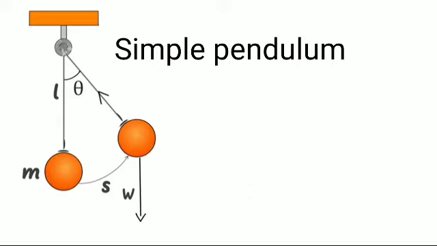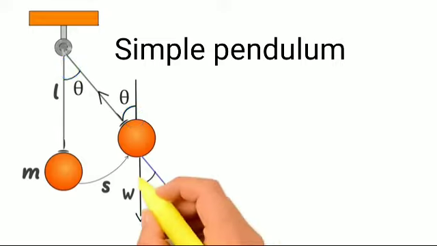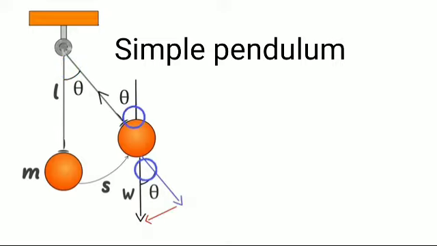Next topic is the simple pendulum. A pendulum is a mechanical system which exhibits periodic motion. It has a bob with mass m suspended by a long string and the other end is fixed on a stand. When a pendulum is displaced through a small displacement from its equilibrium position and released, the bob of the pendulum executes to and fro motion. Here L is the length of the pendulum, which is taken as the distance between the point of suspension and the center of gravity.